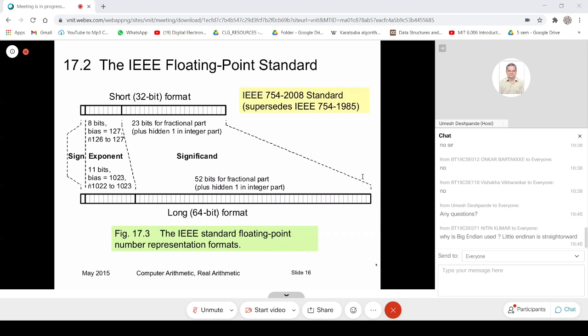2. Is it 10 raised to 2 or 10 raised to 3? Yeah, sorry, 10 raised to 3, right. So if I take the decimal form, I have 128.43 represented as 0.12843 into 10 power 3.